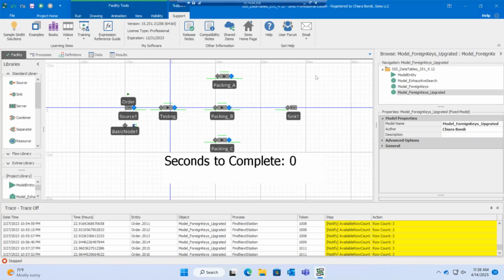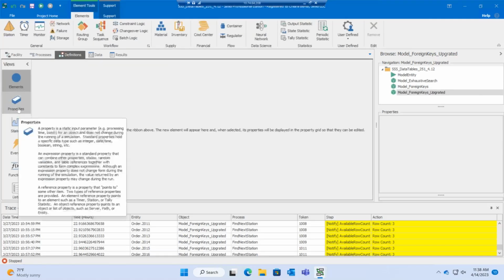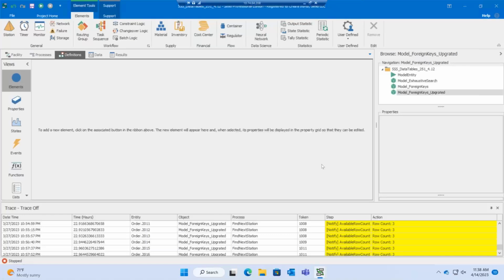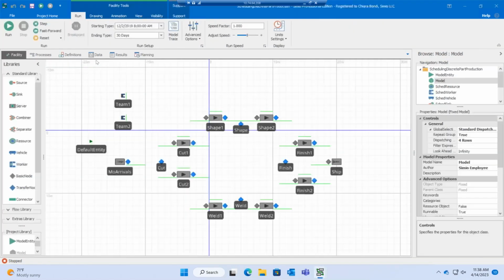As well as, instead of needing to create different properties associated with different potential stations, materials, etc.,